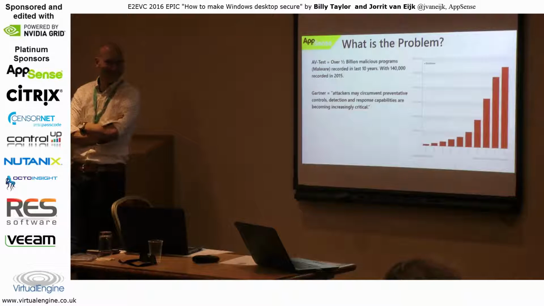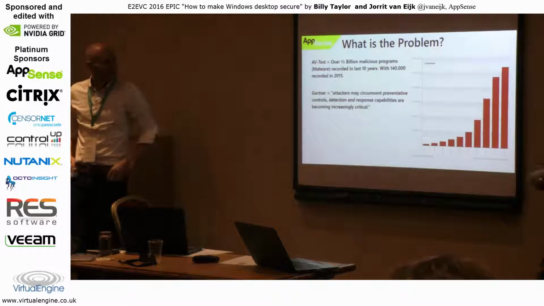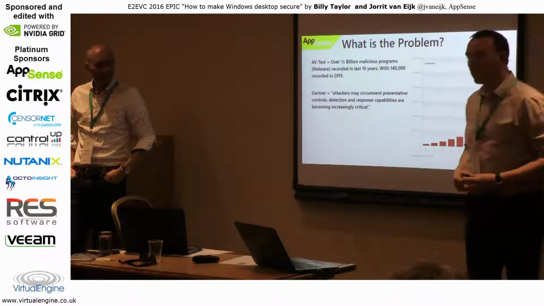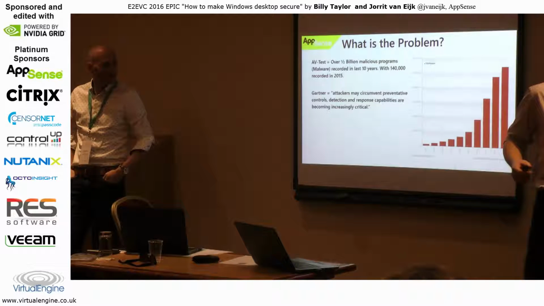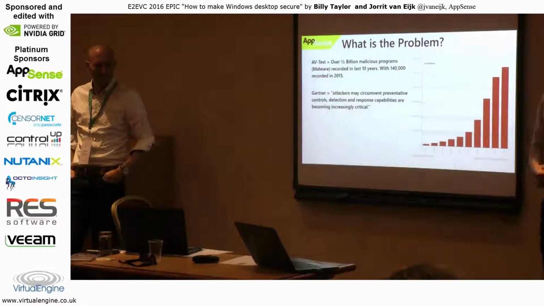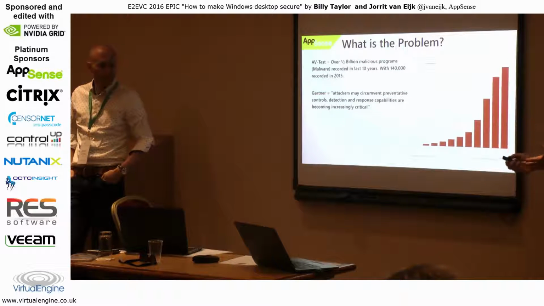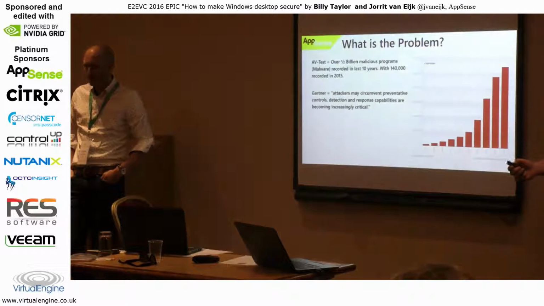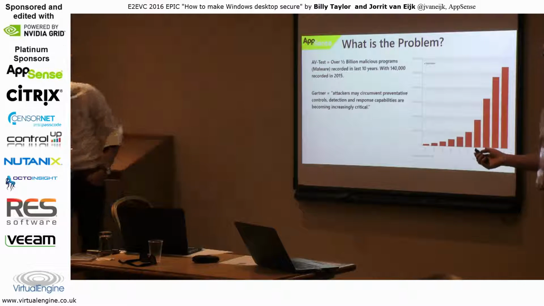So Gartner are telling us that attackers are circumventing and creating more ways to get around our current security protocols. There's also always the antivirus out there, we use it, and Gartner tells us people are getting around it. We see that every day. And the antivirus companies are telling us that they're fighting a losing battle. Symantec came out last year and said antivirus is dead. Where's that put us?